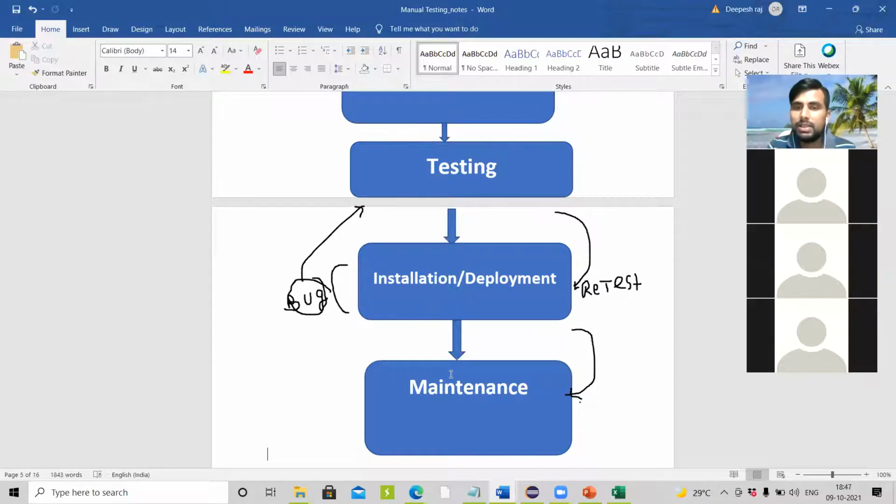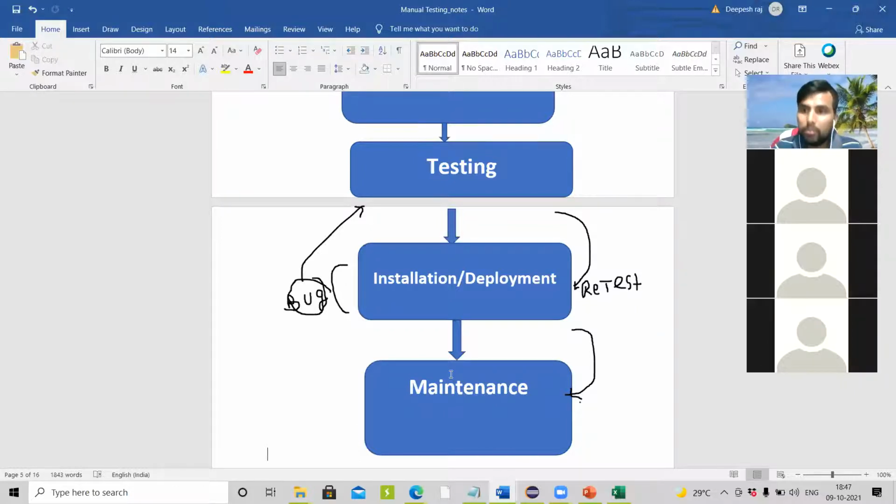Once the application is developed, it is handed over to the test engineer for testing. The test engineer starts testing the application. They may encounter some bugs, which are reported to the developer. The developer will fix them, and again it is handed over to the test engineer for retesting. This process continues until what? Until the application is bug free, stable, and works according to the customer requirement.